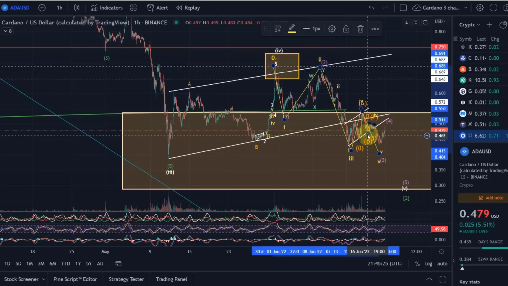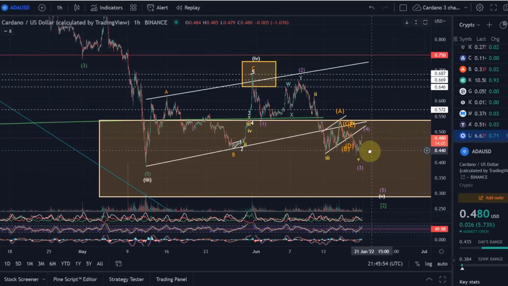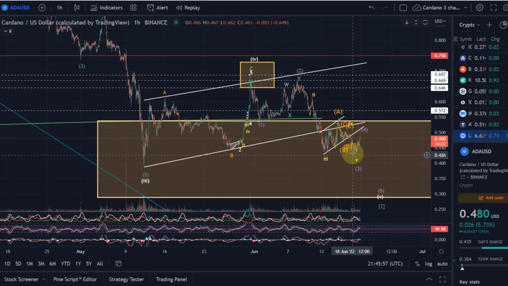Now, while this is technically possible, it oftentimes happens in an ending diagonal. In a wave 5, a truncated wave means that there is a lot of upside pressure in the market, and that we are not going to get that lower low. Now we can count it like that, but as I said, it is an exception. So it is definitely not my primary expectation. It could be justified if we see this move now very, very strong, rallying.